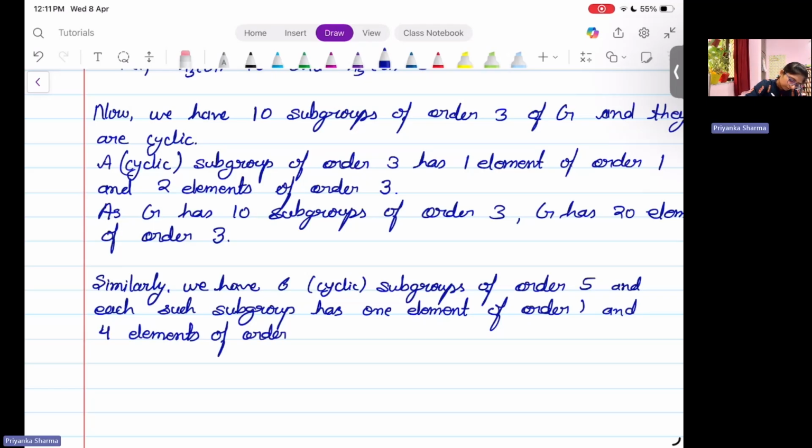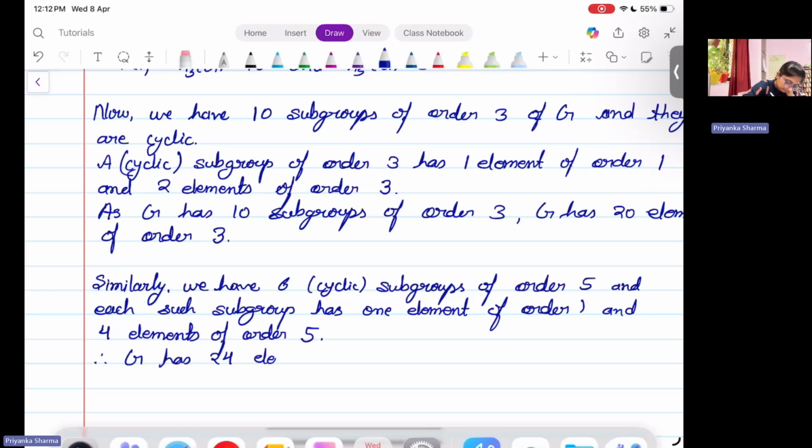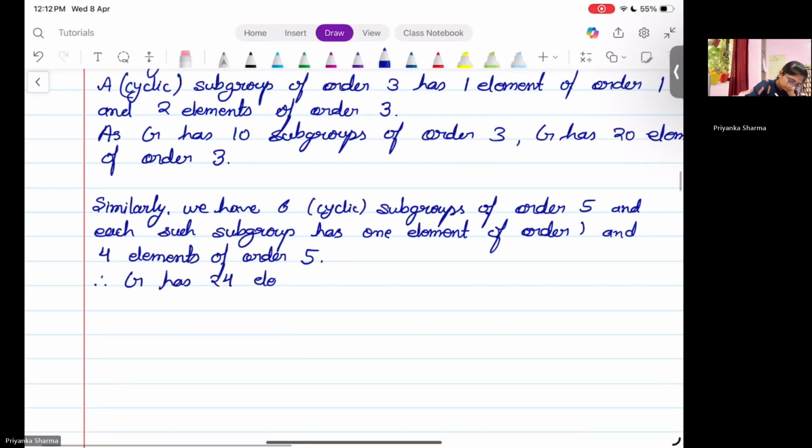Elements of order 5. Therefore, G has, since each subgroup contributes 4 elements and there are 6 such subgroups, 24 elements of order 5 in G. Okay,